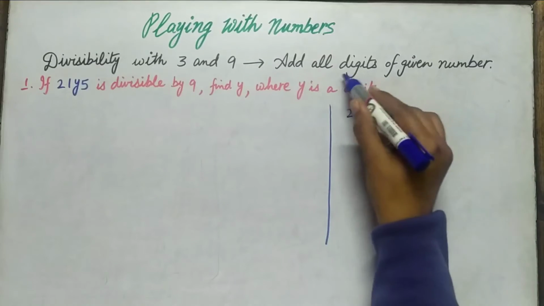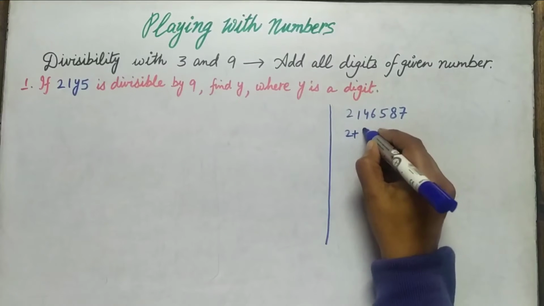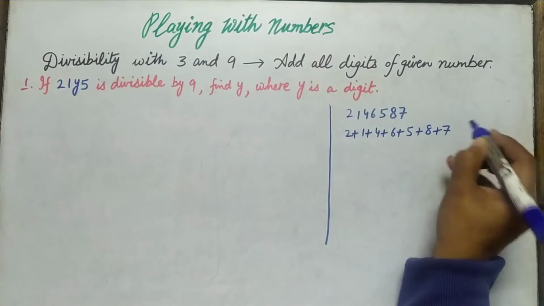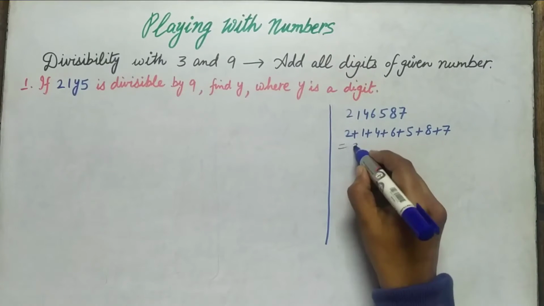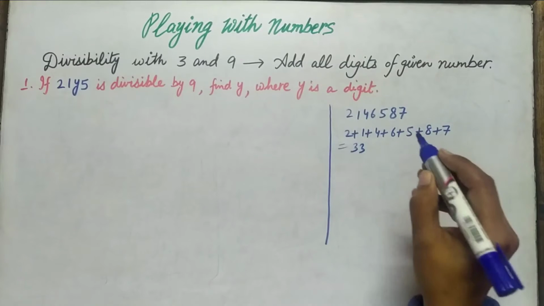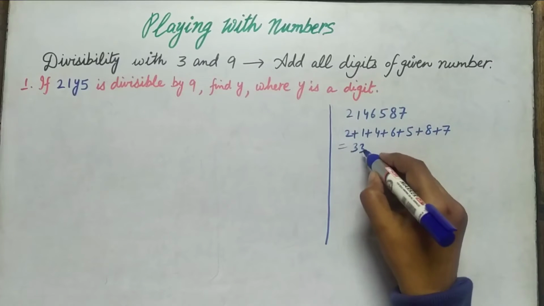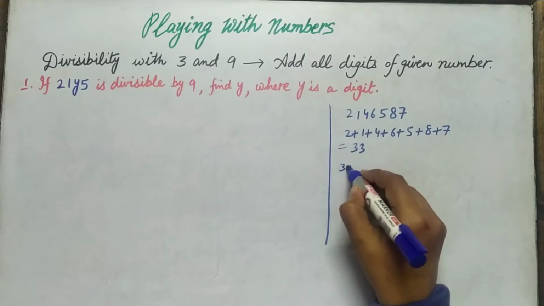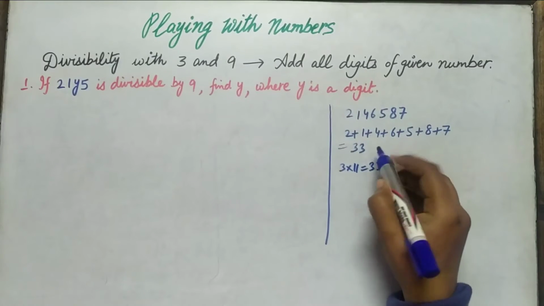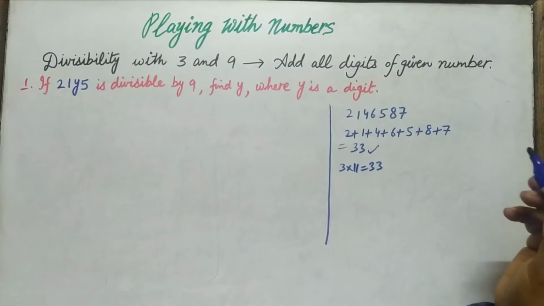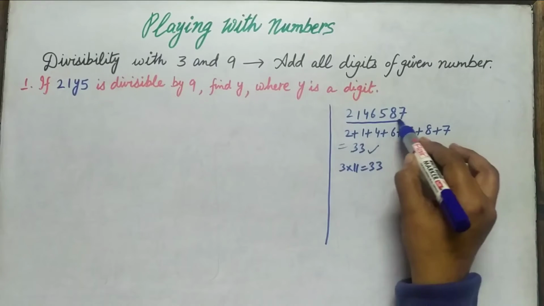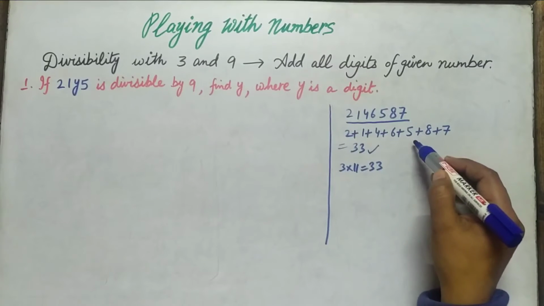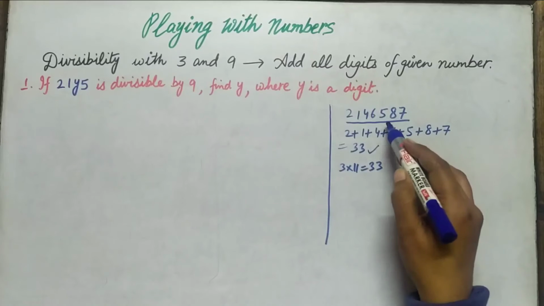The divisibility rule was the sum of all digits. 2 plus 1 plus 4, 6, 5, 8, 7, and their sum is 33. This is the addition of digits of this number. Now we check this number. Is it divisible by 3? Correct. 3 into 11 is 33. So this number is divisible by 3. Without dividing this total number by 3, we just applied the divisibility rule and confirmed that this number is divisible